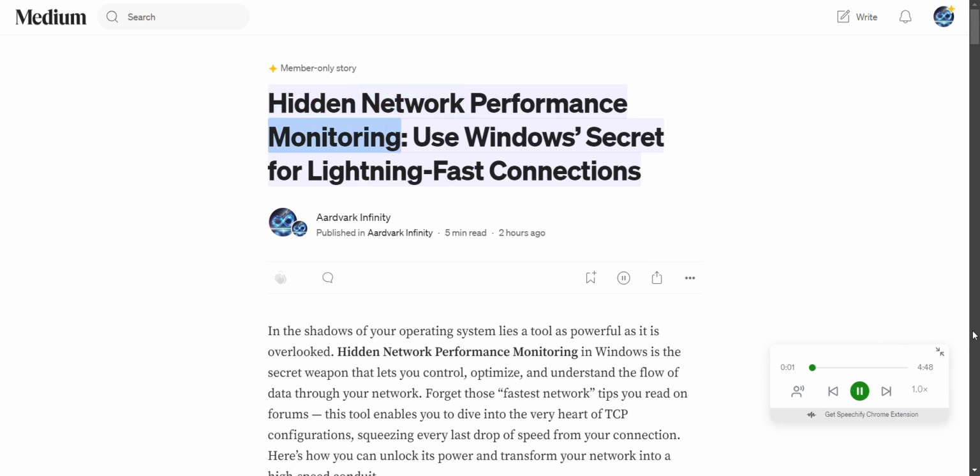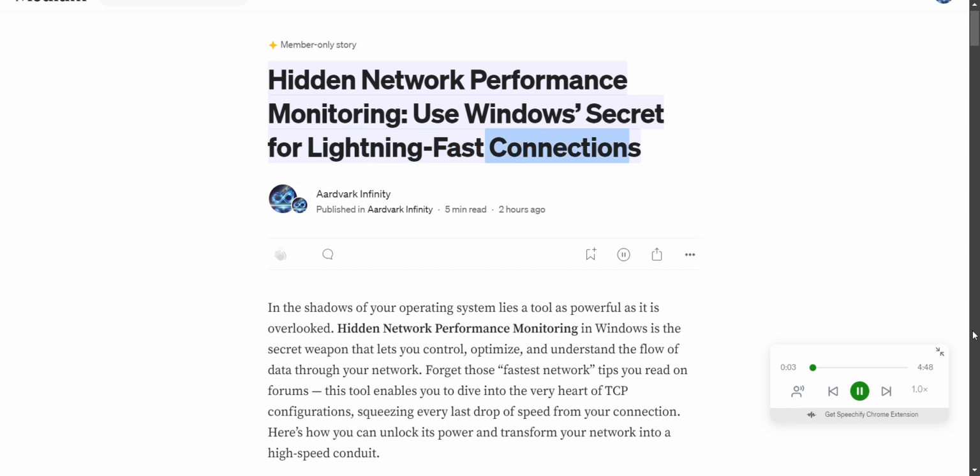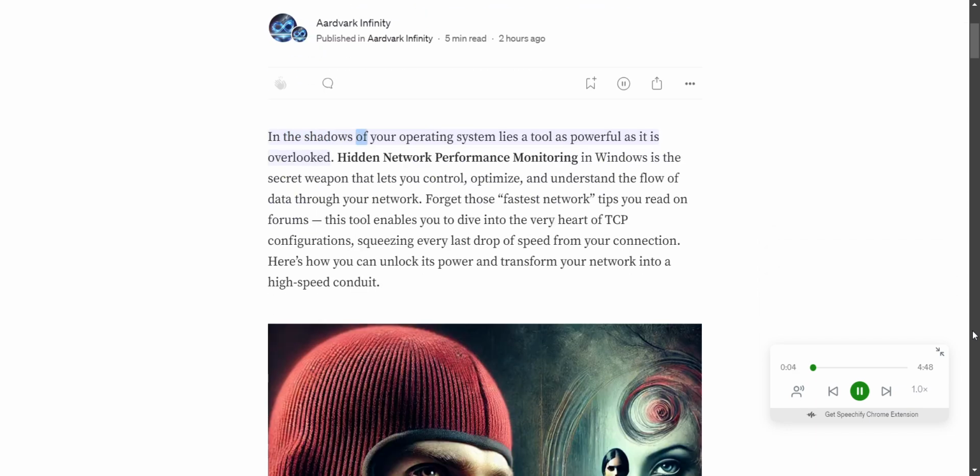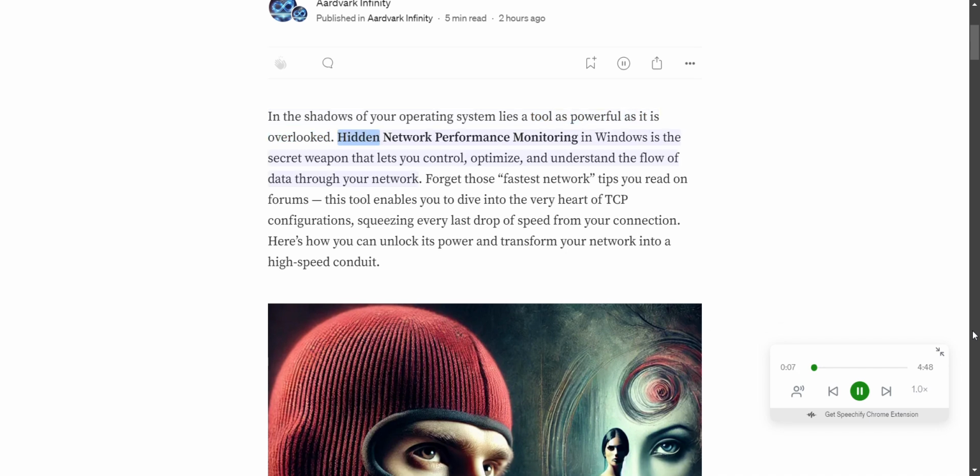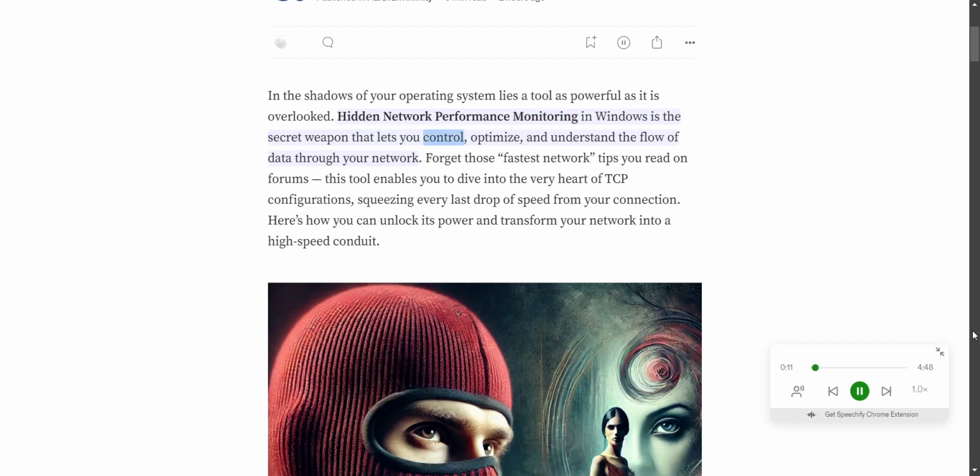Hidden network performance monitoring. Use a Windows secret for lightning-fast connections. In the shadows of your operating system lies a tool as powerful as it is overlooked. Hidden network performance monitoring in Windows is the secret weapon that lets you control, optimize, and understand the flow of